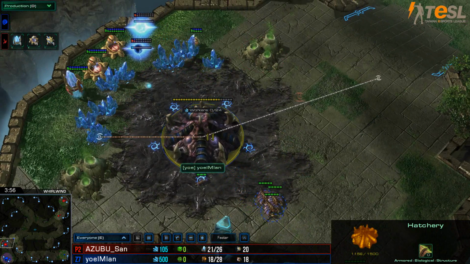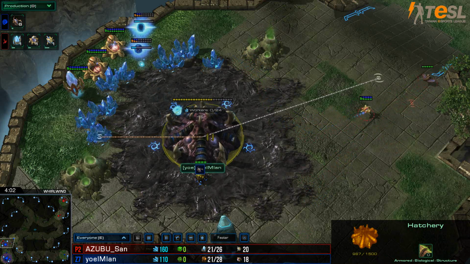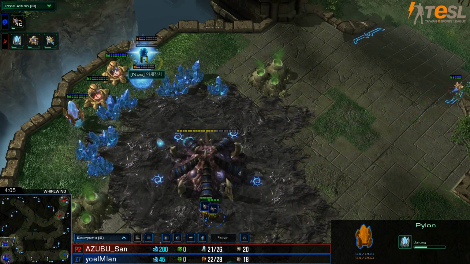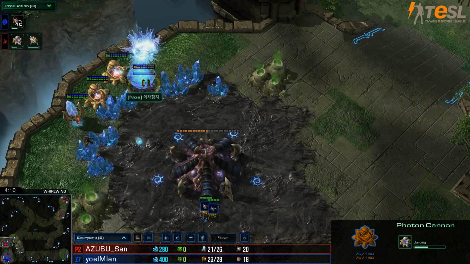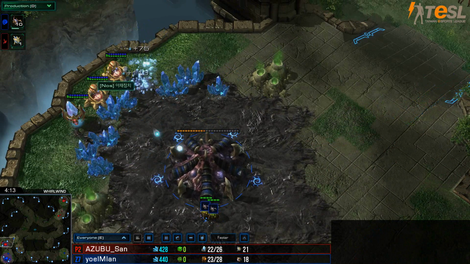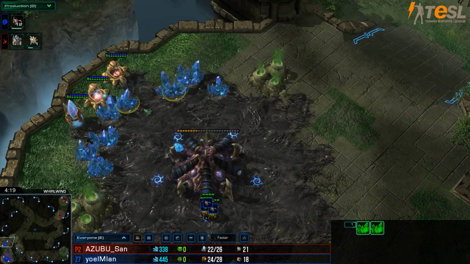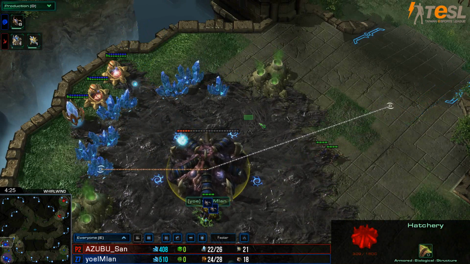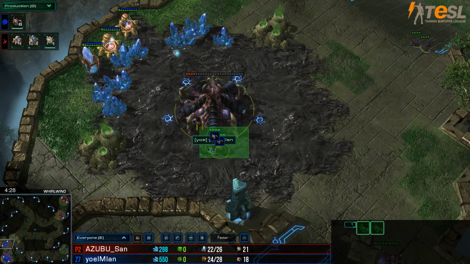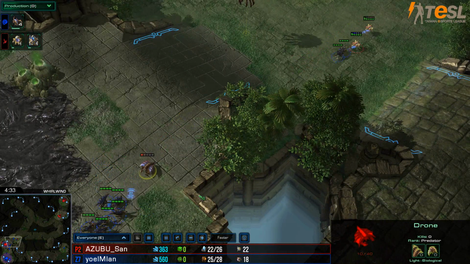I'm not exactly sure why Lan did not, in fact, cancel the hatchery here. You can see a photon cannon and another pylon being added. This will be absolutely impossible to take down now. And also cancellation of the photon cannon and pylon once more. And what was Lan really thinking? I'm not 100% sure. Zerglings are going to be making their way out and perhaps be able to take down a couple of those probes,